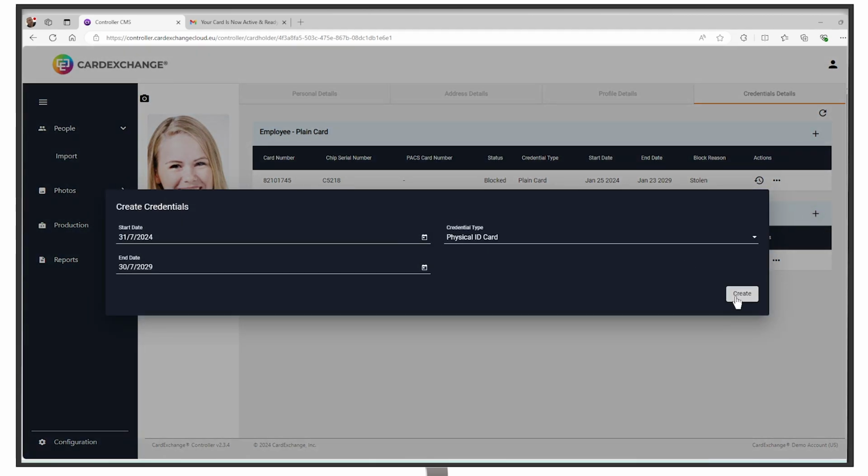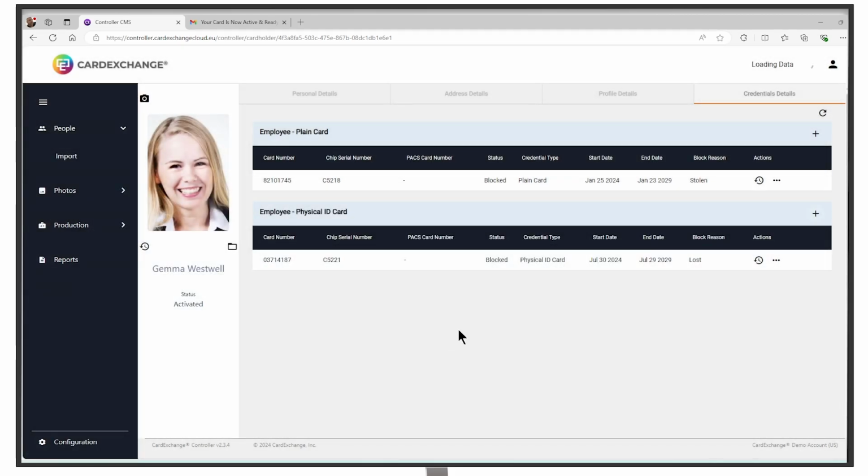So if I try to create a replacement before blocking that previous one, it would give me a notification that the person already has a credential of that type in circulation, and it won't allow me to create a replacement. Because I've blocked the card, I can now create a replacement, which then goes into the audit trail and is automatically sent back to the approved for production screen, ready to go through the process of reprinting the card and re-notifying the card holder when their card's ready for collection. And that's the life cycle element of